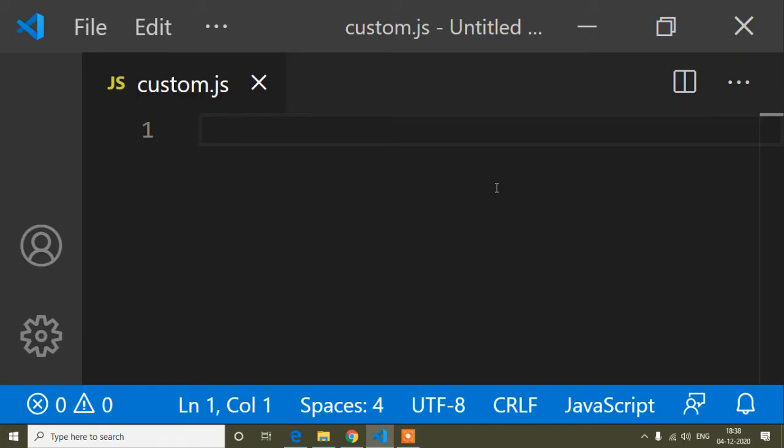Hello guys, today in this tutorial I'll discuss the JS date method, that is the JavaScript date method, and this is a very useful method. In the next part I will show you how it's so useful, but first of all I will show you how you can use the date method and its syntax.